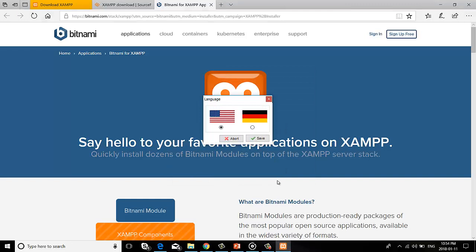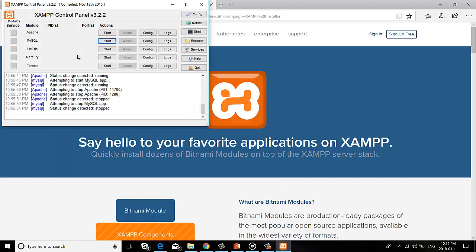Then start the XAMPP server, select US English as the default language, then click on save. If you see the following screen, this means you have successfully installed XAMPP on your PC. This is the view of the XAMPP server control panel.